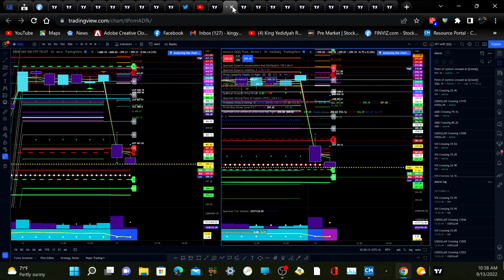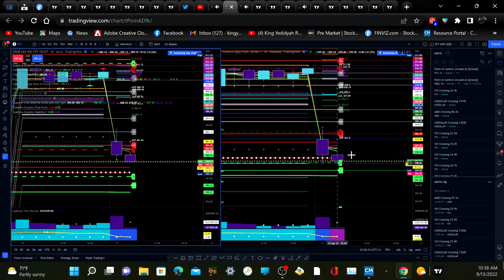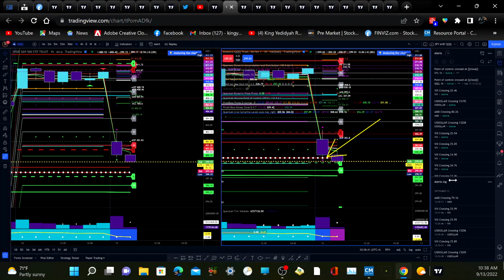And also on the Qs and the SPY, well, actually the Qs, we were at like the volume point of control right here. So that's the volume point of control. We're breaking that now, but we were at that point at around 299.46, and this is my weekly volume point of control, and this is the 1 hour chart on the Qs and the SPY. So I set my volume point of control to consider the entire week.